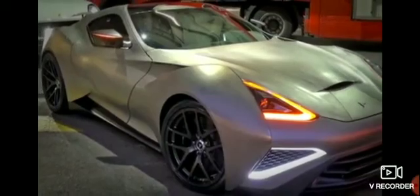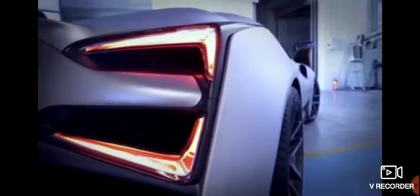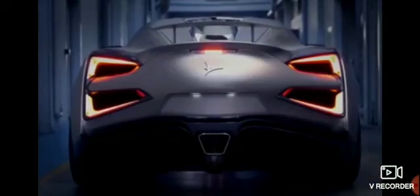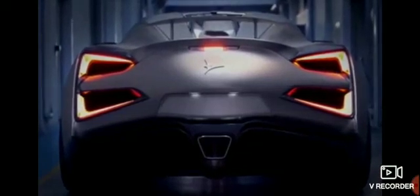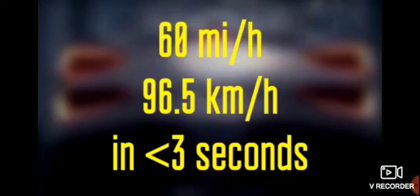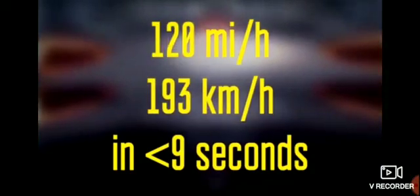Developed first as a concept car by some of the most experienced Italian designers in the world, it's taken over 10,000 hours of painstaking effort to handcraft the car, looking for the perfect balance between power and beauty. And powerful it is, with its 6-liter supercharged V8 engine capable of reaching a speed of 60 miles per hour in less than 3 seconds, and 120 miles per hour in less than 9 seconds, with a top speed over